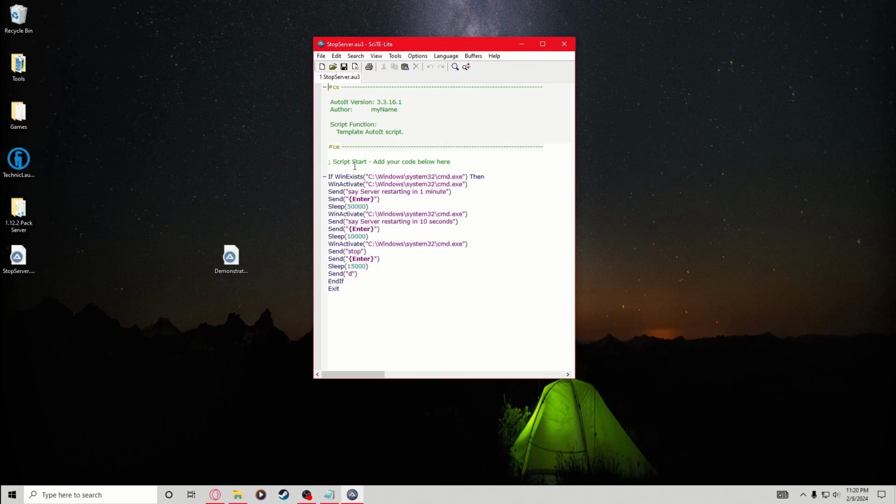So we're starting out here. This if statement is pretty much doing exactly what it's saying. The computer is saying if window exists, and then it's looking for the server window, which will be a command prompt window. If your server's running and you look at the top of it, you should see this. If you don't and you see a different path, you can change this and this to that path, and it should work. So if that window exists, then